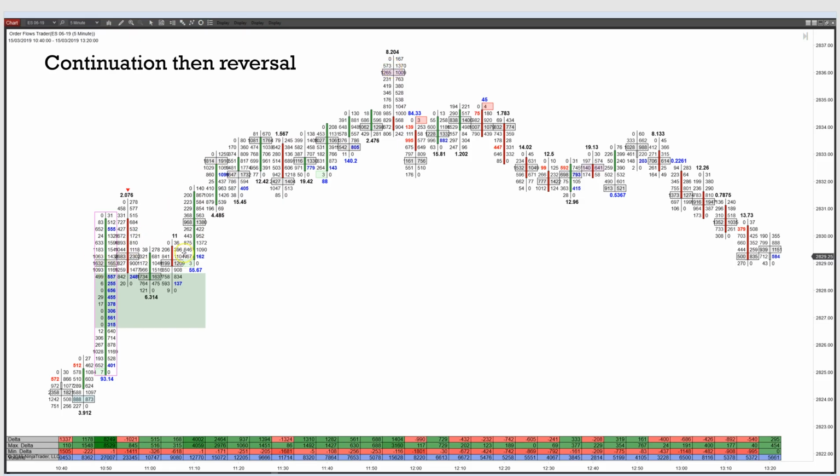Now, this heavy volume in here, to me, is support in the market. Even though we hit that high, you got the divergence. You rotate around this level, and you've got the big stacked buying imbalance. You come back into it, and you've got support in here. The aggressive buying that was here is still here. People are still buying this area. Even in here, just above this stacked buying imbalance, you've got that supportive buying.